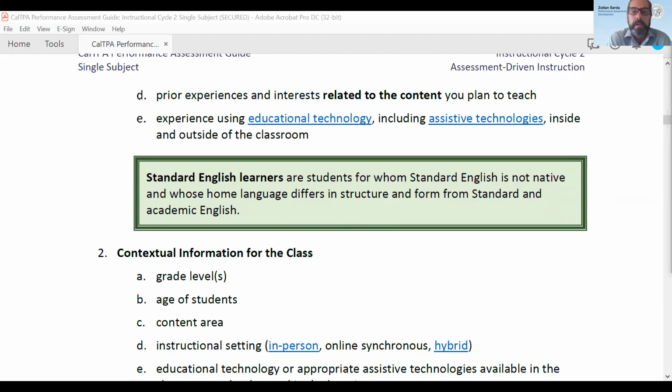There is a call out box about defining standard English learners or English learners, that you will have ELD goals for any student who comes under either of those categories. And then you have more contextual information for the class. Again, this is very general: grade levels, age of students, content area. It's basically letting us know what is the class that you're teaching,